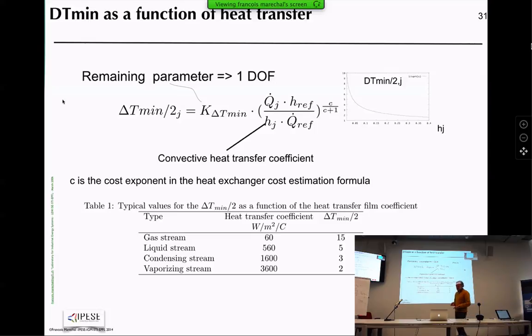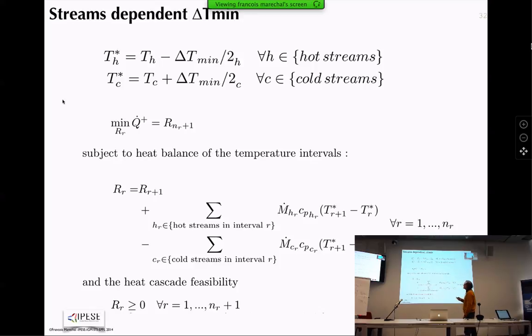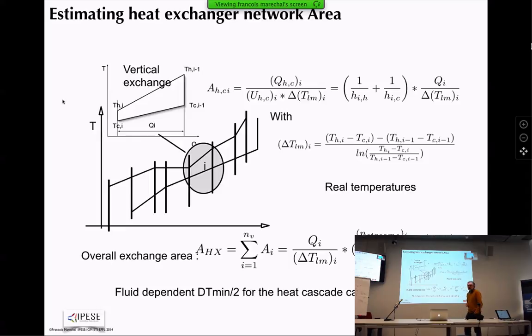Okay, so once I have this, then I can calculate the heat cascade by considering the corrected temperatures, and from the heat cascade, I can calculate the overall area that would be needed by all the heat exchangers that utilize the heat exchange between the hot streams in the system and the cold streams in the system. And don't forget that by solving the mixed integer linear programming problems, I have closed the energy balance. It means that now the reality is that this part is closed there and there. And so I will be able to